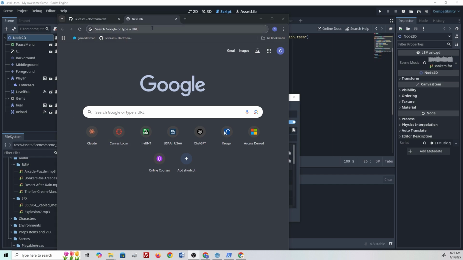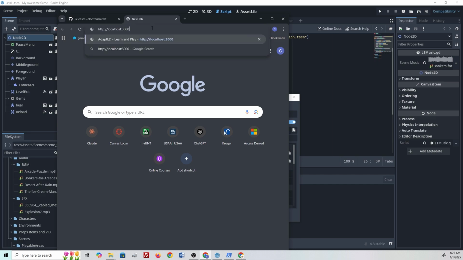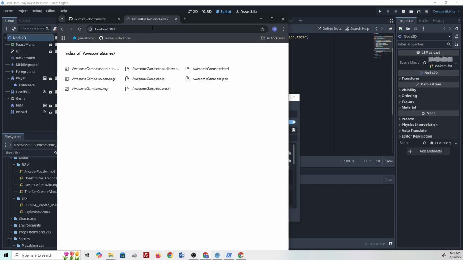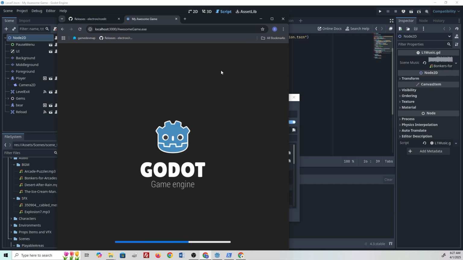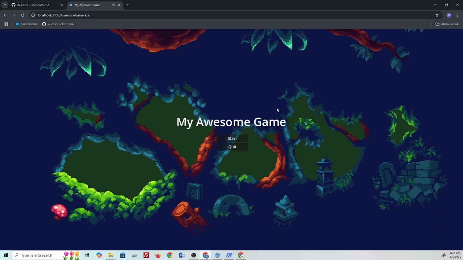Alright, now that I'm back after doing all that in PowerShell, if I type in the localhost, you're going to get this index to be able to test it out on your own computer. From there you're just going to look for this HTML file and press it, and it should